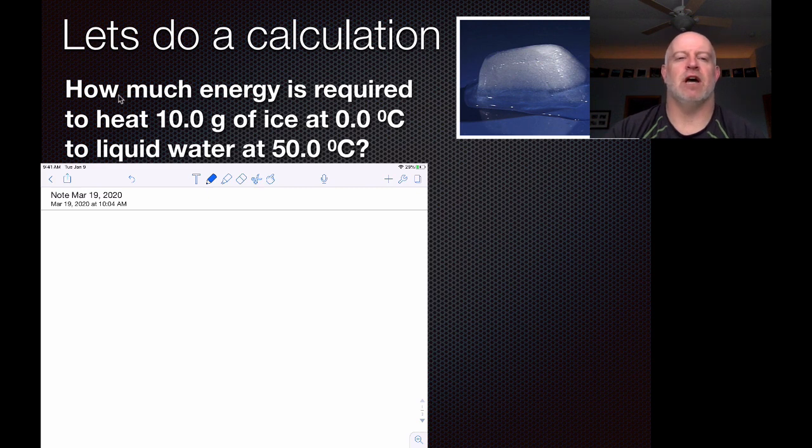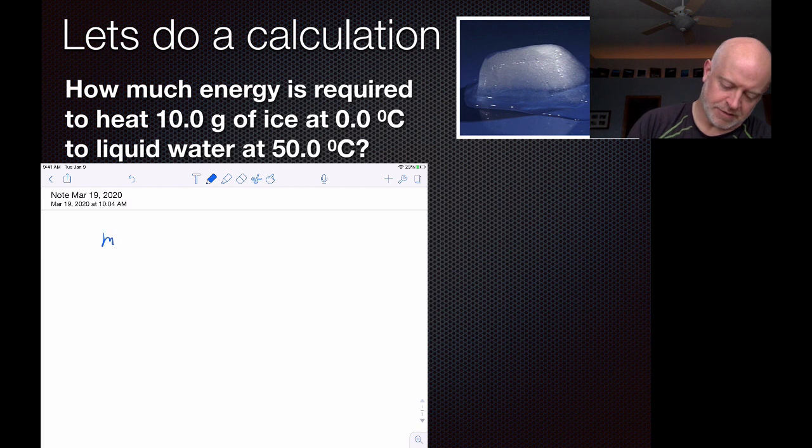Here's our calculation. How much energy is required to heat 10 grams of ice at 0 degrees Celsius to liquid water at 50 degrees Celsius? Now, before we go any further on this problem, I really think it's important that you take a second to diagram out what's going on here, okay? So let's take a little diagram here. It says I have 10 grams of ice, all right? So my mass is 10 grams,